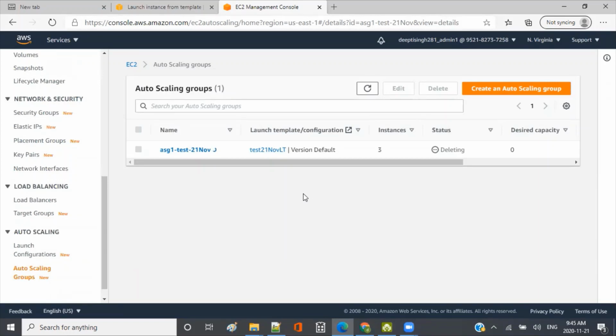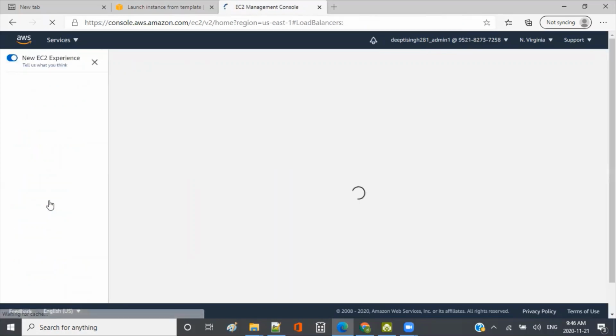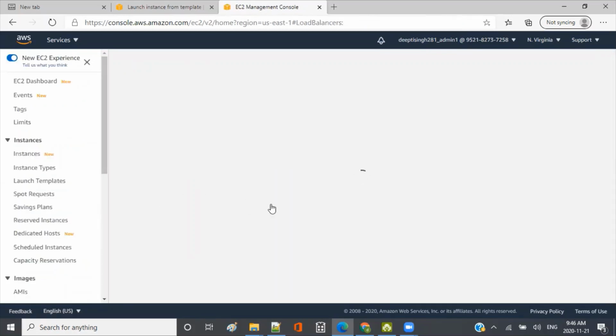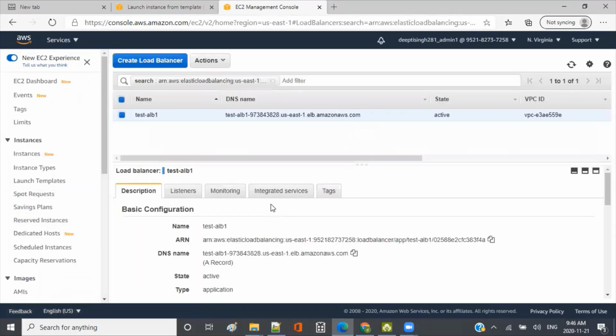But still at this point my load balancer is still there, right? And behind the load balancer I still have one manual instance running, right? So if I go and try to access it, I should still be able to access that 1B, right? So now just 1B, because the rest of the successful health checks were coming from the auto scaling group instances, so they're gone. Currently I have just one instance running behind the load balancer.